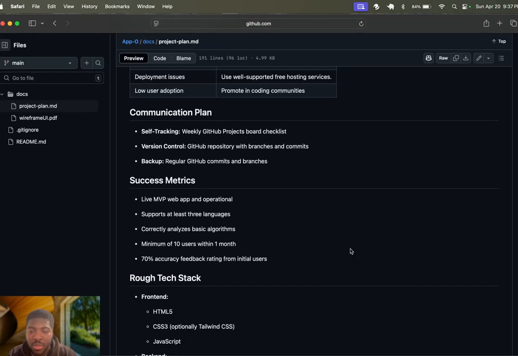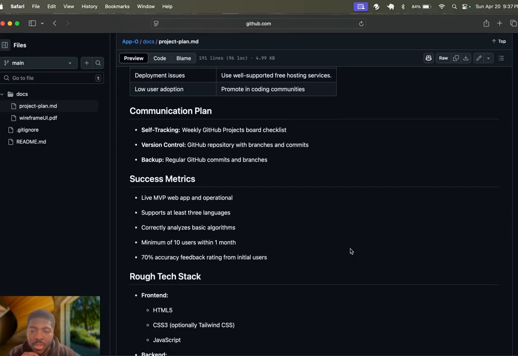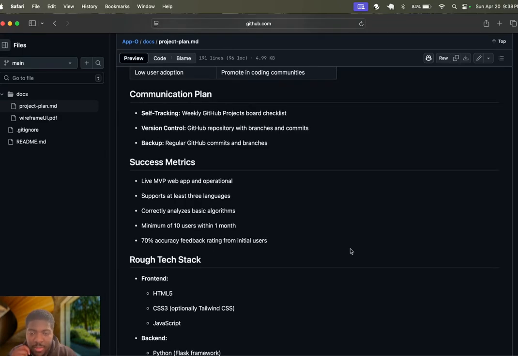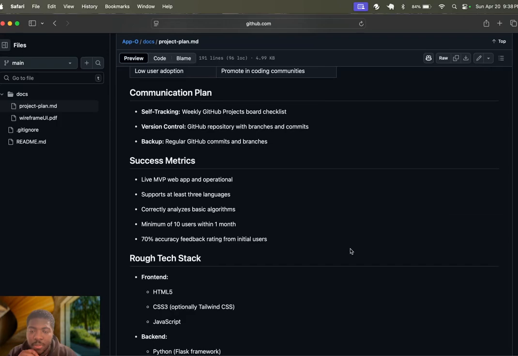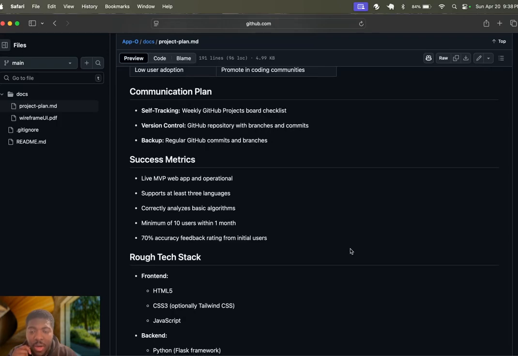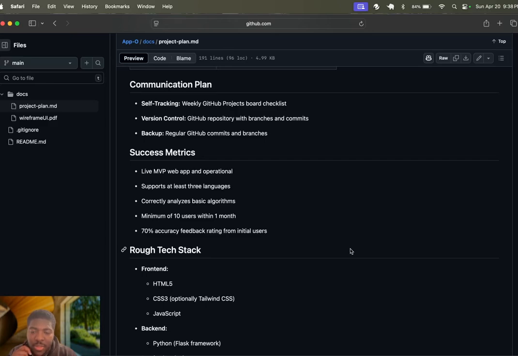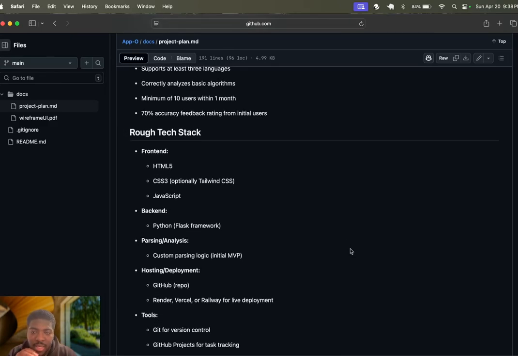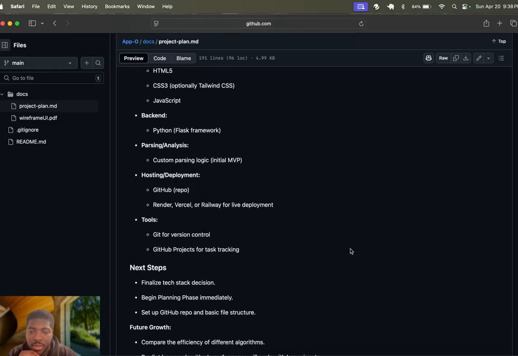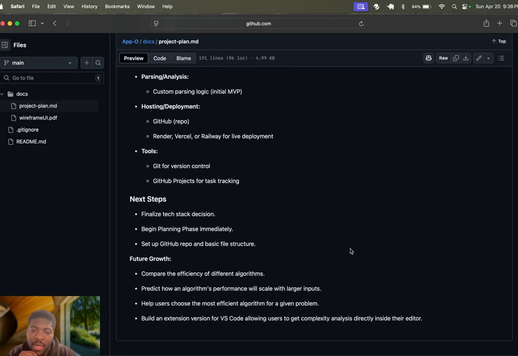My success metrics are to have a live and operational MVP web app that supports at least 3 languages and correctly analyzes basic algorithms, with a minimum of 10 users within 1 month, and a 70% accuracy feedback rating from initial users. A rough tech stack is listed here as well. And I included next steps here